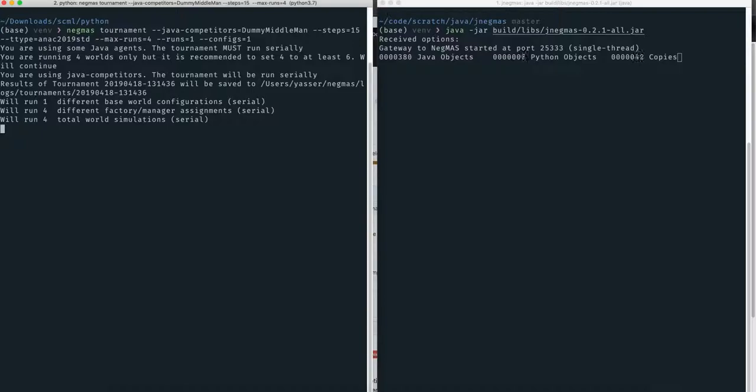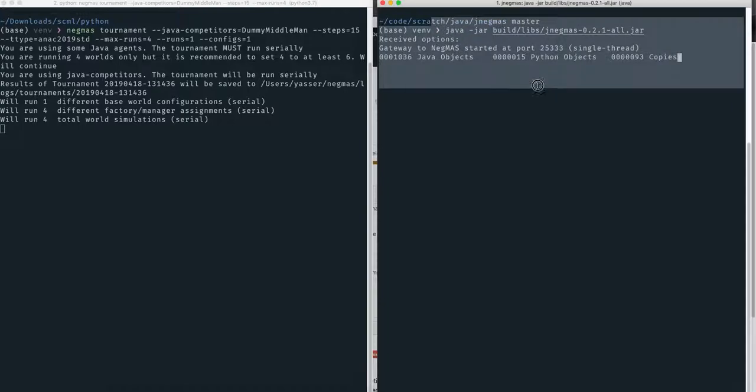As you can see now, it is running. You will know that it's running by looking at the JNegMAS output. Here it is telling you how many Java objects and Python objects are being created and the copies between them. This is just for backend purposes. But the tournament is now running. Let's keep it and let's see what's inside our agent,